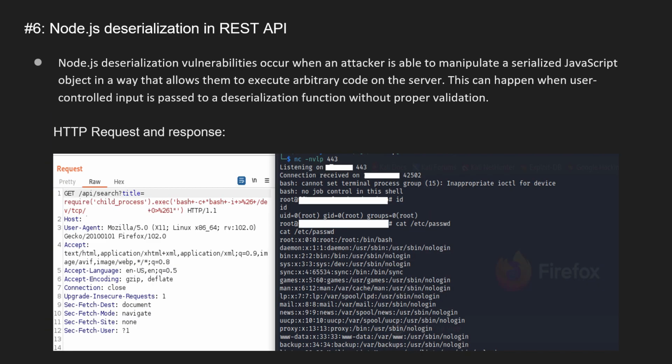Node.js deserialization in REST API. Now let's talk about unsafe deserialization. So what exactly is unsafe deserialization? In simple terms, it occurs when user input is used to deserialize untrusted data, allowing attackers to execute arbitrary code or carry out other malicious actions. This vulnerability can occur when deserializing any type of data, not just JSON,